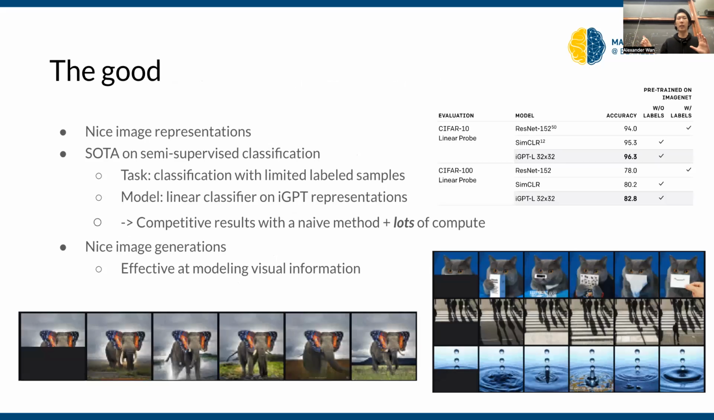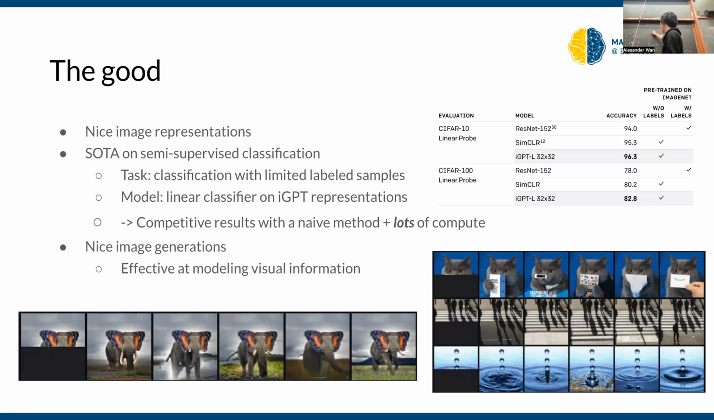The good thing about this is that you have really good image representations. One way we can measure this is through semi-supervised classification. The task specifically is classification, but with a limited set of labeled samples. Remember, our model is pre-trained on unlabeled samples, just random images you can scrape off the internet. But now, given that pre-trained model, we want to classify on a very small set of labeled samples. The way we do this is we pass all of our images through our model,